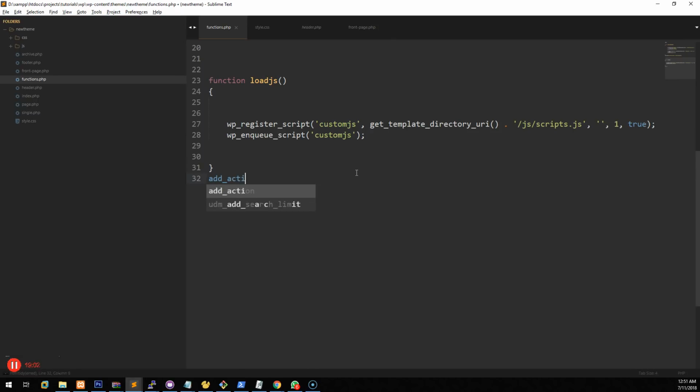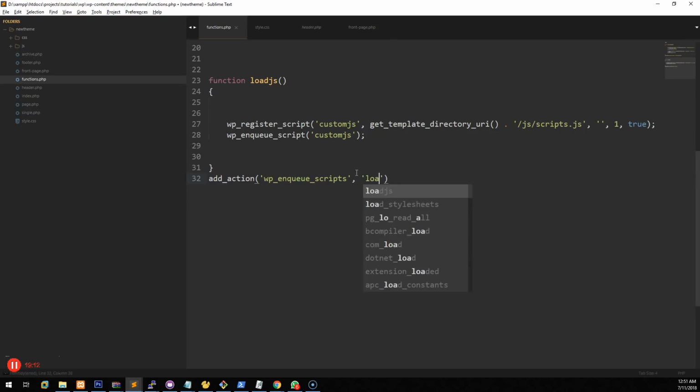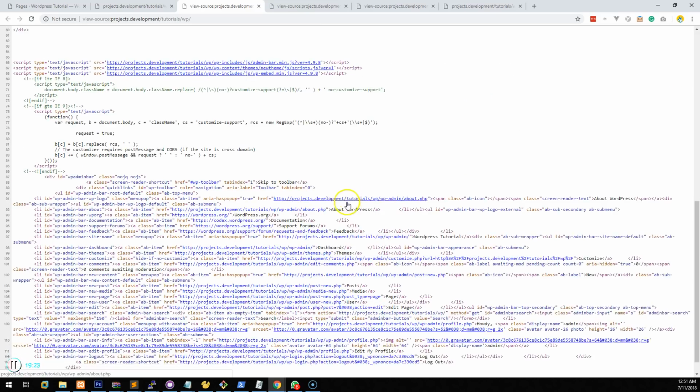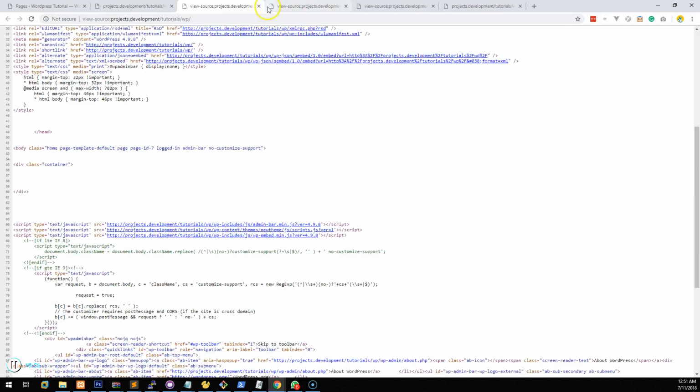load the actual function. Enqueue scripts. And we'll call it reference load.js. Okay, let's refresh this and see if it actually works and I haven't made a PHP error. Okay, so I haven't. And if we go into my source and go to the bottom, let's load this in